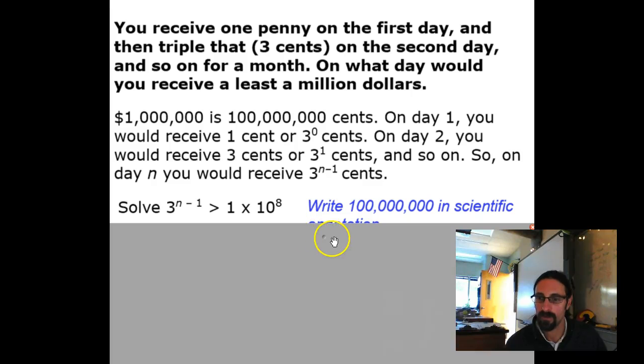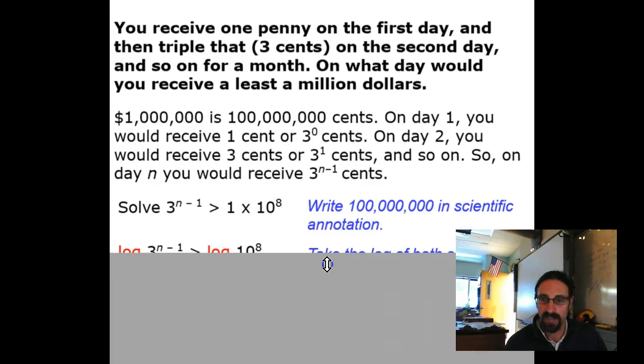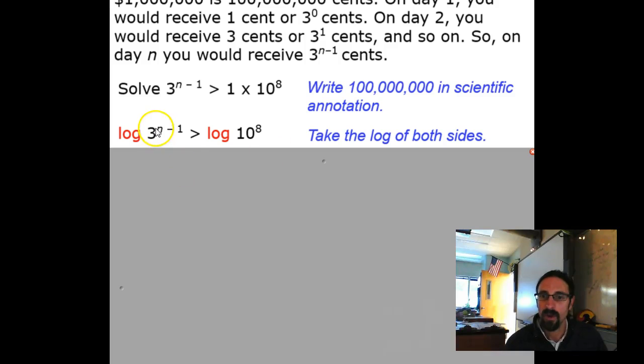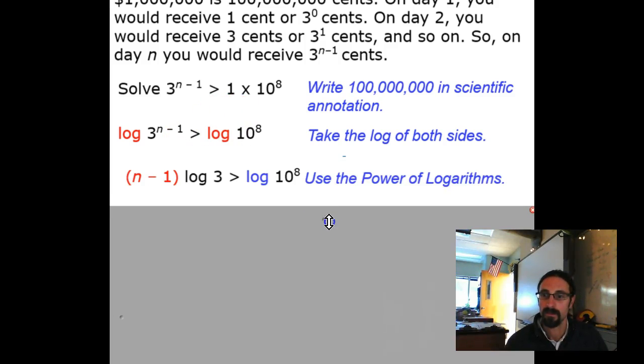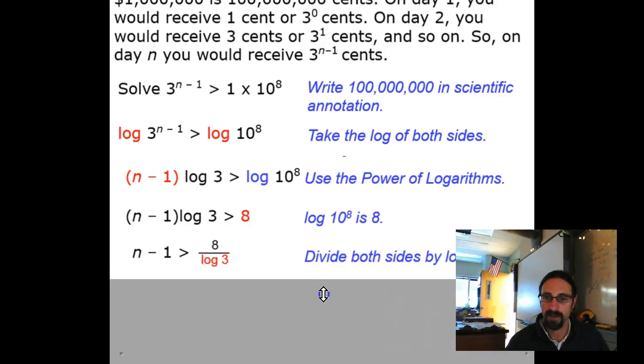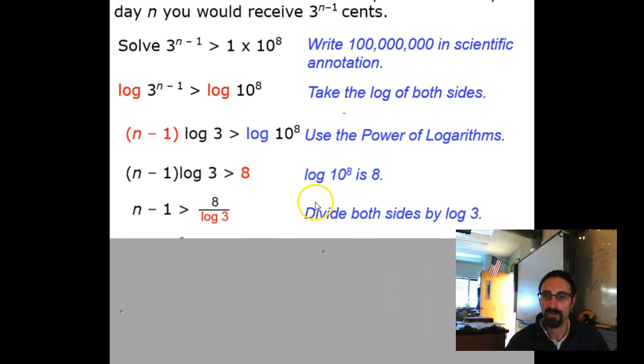Okay, so we've written it in scientific notation. Of course, now we're going to take the log of both sides, and you should be jumping out of your seat saying, Mr. Rising, I got it. This isn't so bad, right? Because that n minus 1 comes out front. Of course, this 8 is going to come out front, right? Here's my power of logarithms. That's what it really looks like, because log base 10 of 10 is just this power raised to a power. Now divide 8 by the log of 3 on a calculator, and lo and behold,